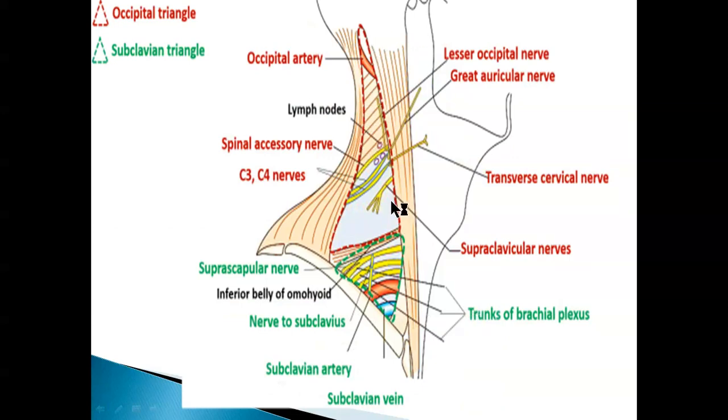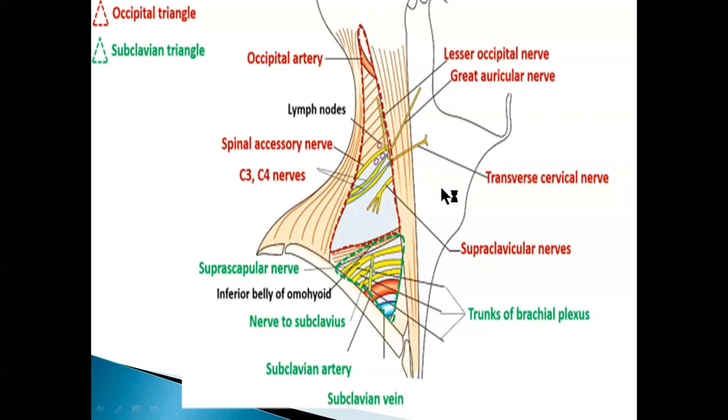So the occipital triangle, here it is. Occipital triangle contents and boundaries. I already mentioned boundaries would be the same for all. Just the difference is the inferior boundary of the occipital triangle would be the superior border of omohyoid, whereas the superior border of the subclavian triangle would be the inferior border of omohyoid. The inferior belly of the omohyoid is the one which divides your posterior triangle into the superior one and